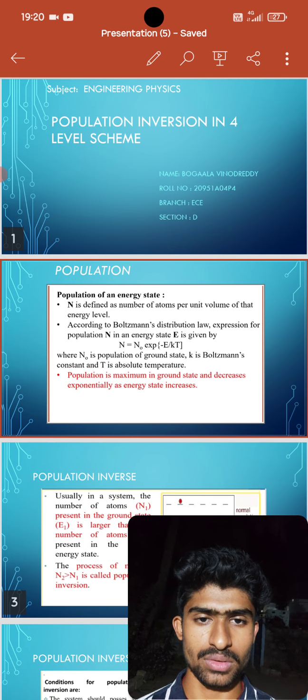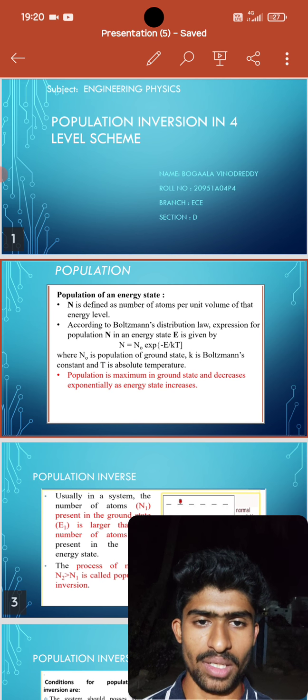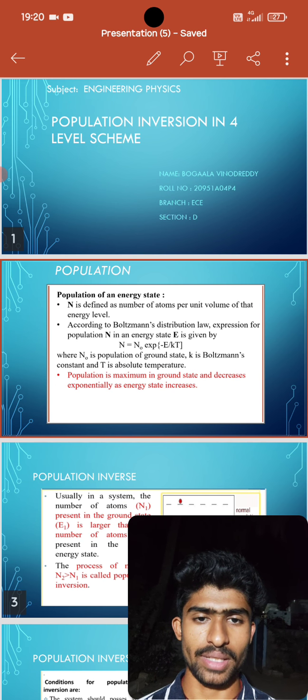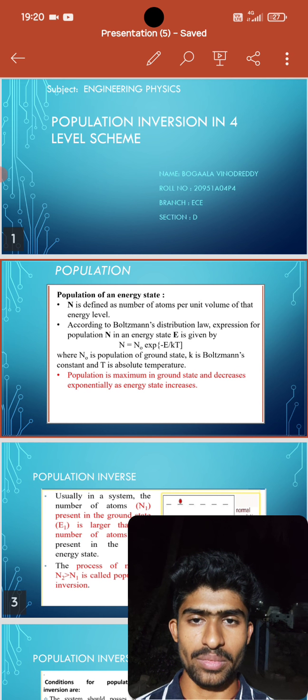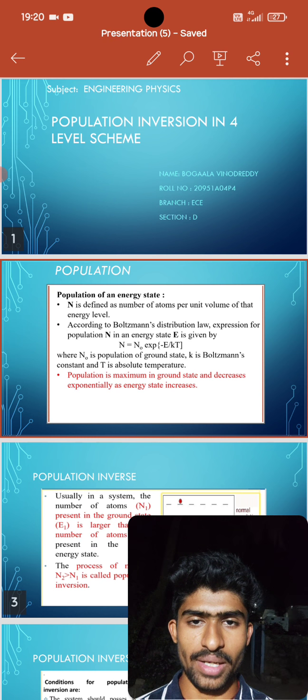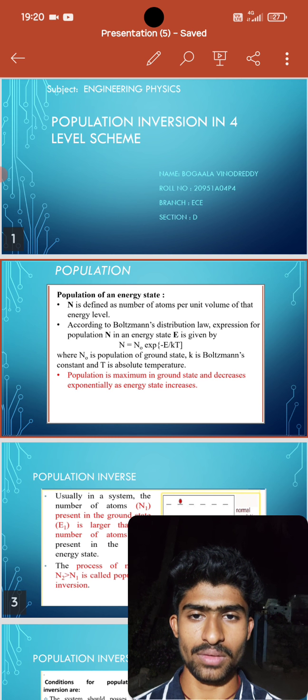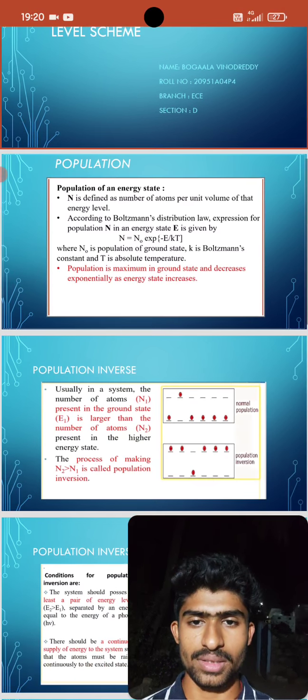My roll number is 20951A04P4, and my branch is ECE, meaning Electronics and Communication Engineering, section D. I am from the Institute of Aeronautical Engineering, where my subject today is Engineering Physics, and the subtopic is population inversion in the four-level scheme, where